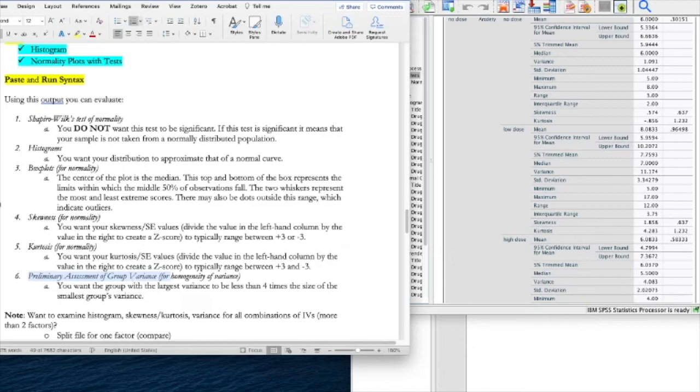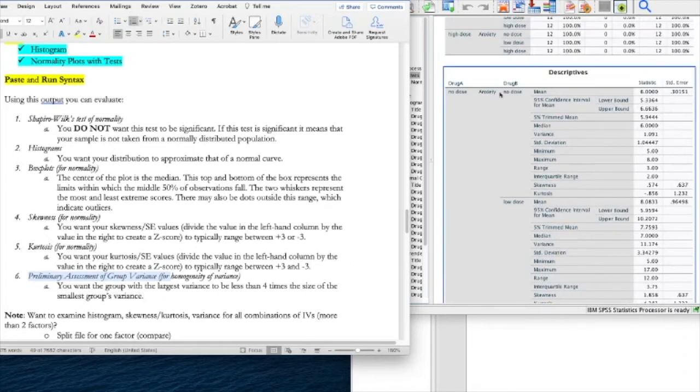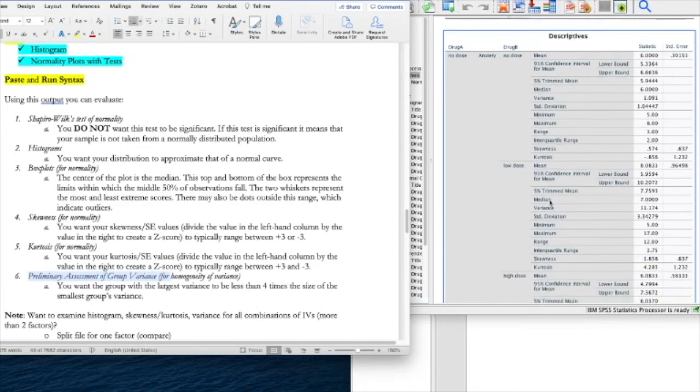So how we do this is we can look here, and I can see, okay, variance, this one is 1.09. And just looking down at the next one, okay, this one's variance is 11.1. You want the group with the largest variance to be less than 4 times the size of the smallest group's variance. So essentially, you can multiply the smallest by 4, or you could divide the largest by 4. Here, we'd want it to be less than 4.16,